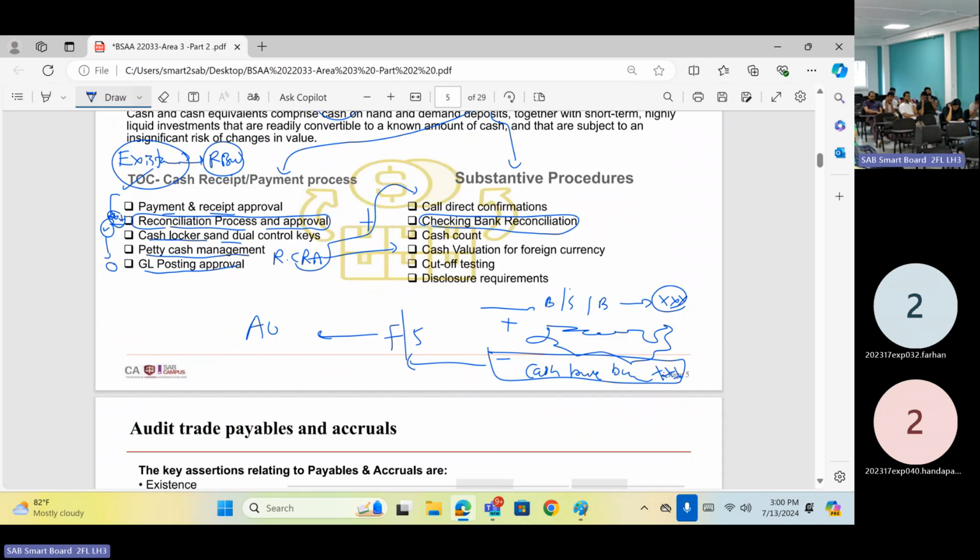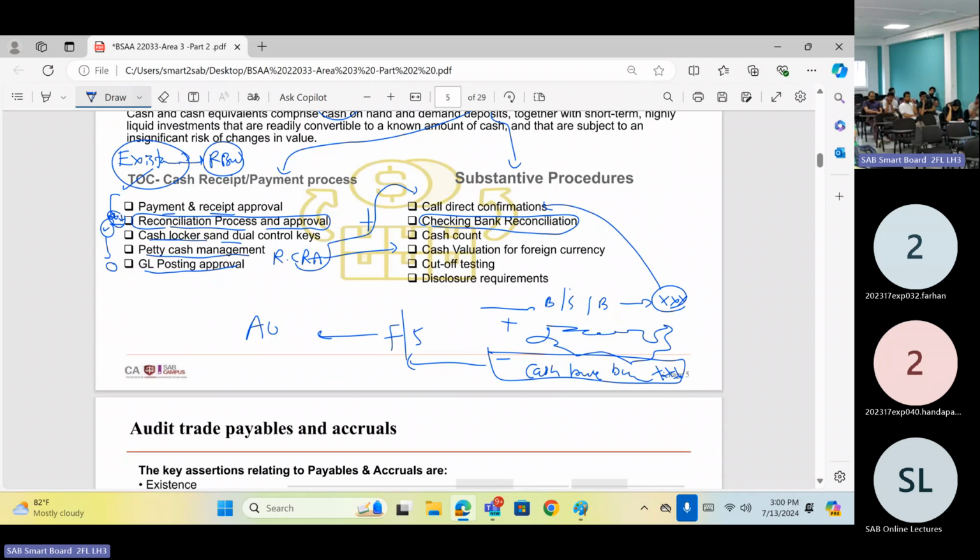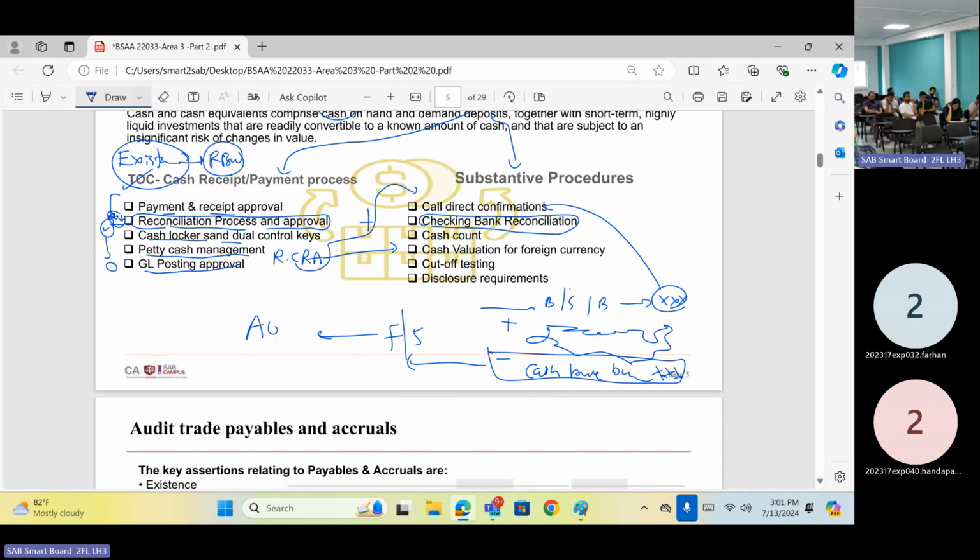Satisfy with this balance. Right? Then you get full confirmation for this balance. After getting direct confirmation for this bank statement balance, you are happy about this balance. But it's not appearing in the cash book. Reconciling items are there. To satisfy with the reconciling item, you can arrive at this balance. Then you can be happy with that balance, and then you can be happy with the audit opinion. Right? So that's the thought process.